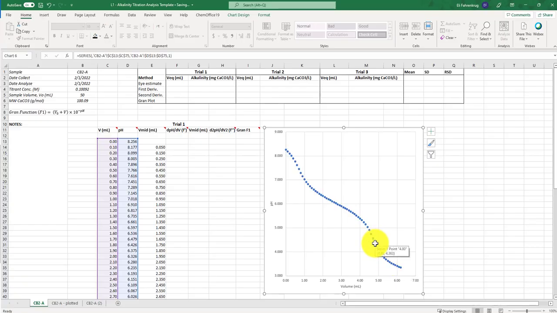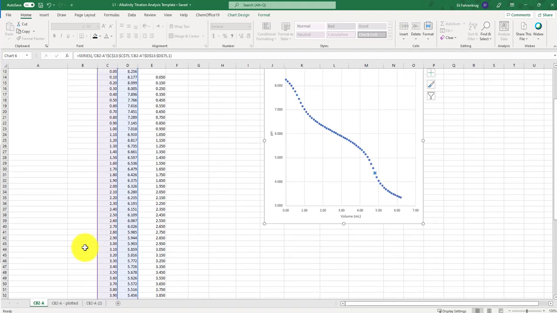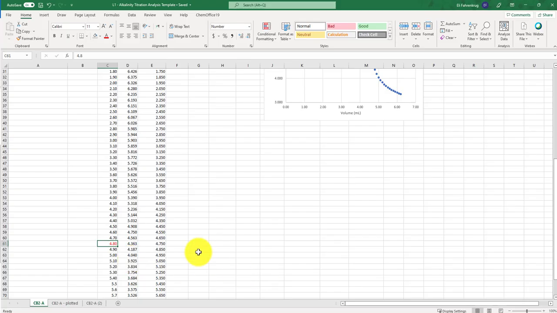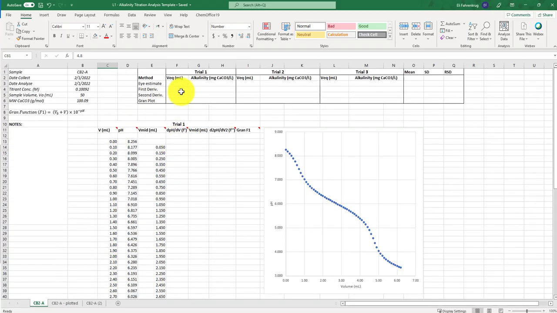So I can click on it and hover over it, and that gives me the XY points, 4.80, comma 4.363. I can go over to my data here to the 4.80, and I can highlight that red, and that would be the equivalence volume that I would input as my estimate, and that's as good as we can do. One note here is that we are conserving the correct number of significant digits in this computation